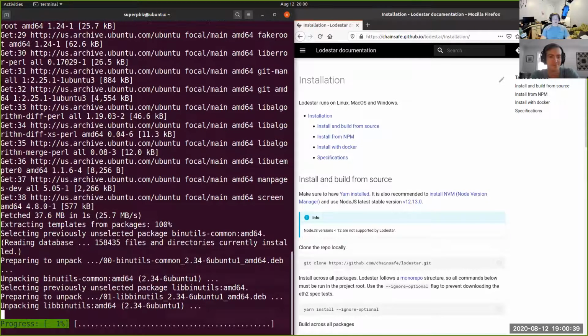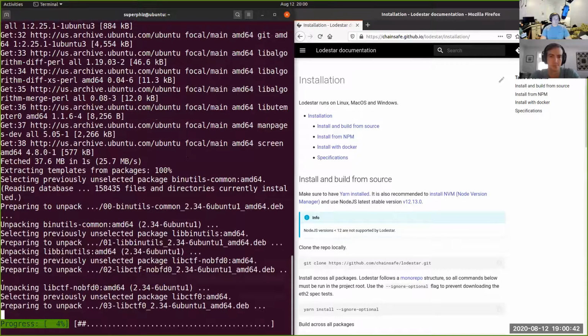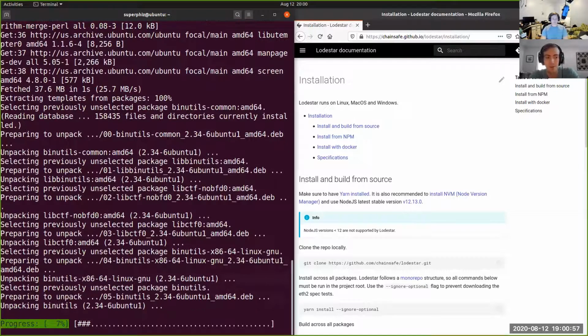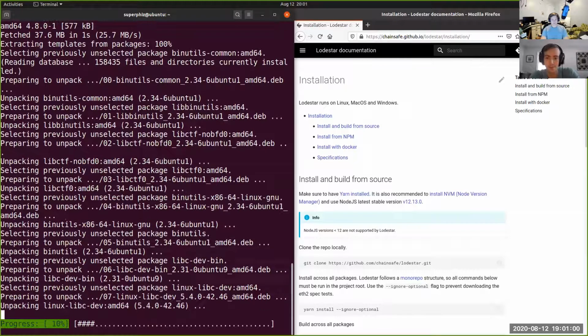So I'm not familiar with Node. I did like a 2-day tutorial for it once, and obviously forgot everything since then. But using Node Version Manager made it much easier to get the right version of Node up. Yeah, I would definitely point people there. And Node Version Manager, NVM, that's what we use as a team to try out different versions, and makes it as simple as NVM install version number and then NVM use version number. And so really all that's required,